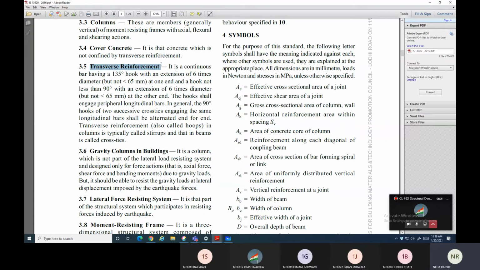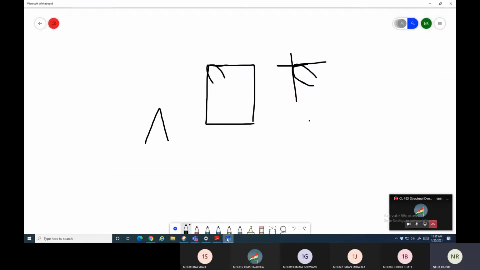Then transverse reinforcement means stirrup to resist the shear force. It is a continuous bar having a 135-degree hook angle, with an extension of 6 times diameter at one end and a hook not less than 90-degree with an extension of 6 times diameter at the other end. So this one is the